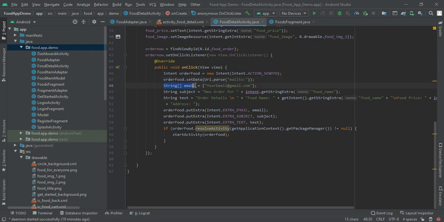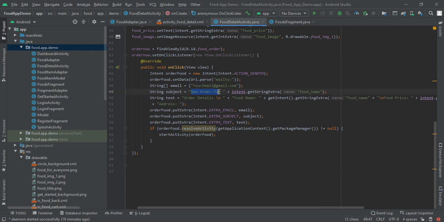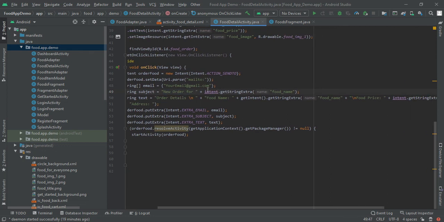Next, we have to pass a string of email where we have to get the order. So this will only take a string, so make sure you make a string that name is your email at the gmail.com. Obviously you will replace your email from here, and string subject is new order for, and then food name.